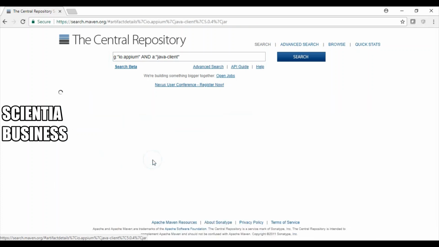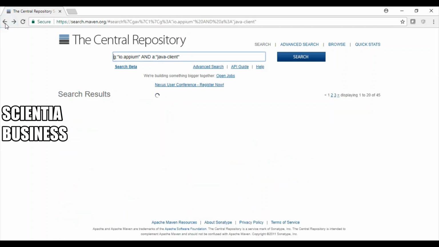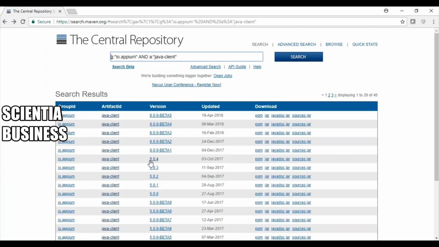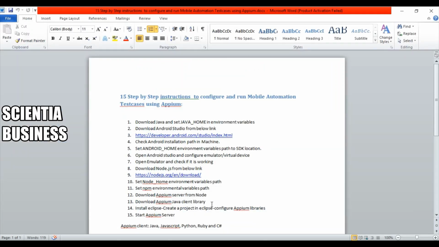I've just clicked on this 5.0.4 version, and corresponding to this I just want this jar file, right? So I clicked on this jar file and it downloaded the jar file. It has successfully downloaded the jar file. So this concludes our step that we need to download the Java client library.